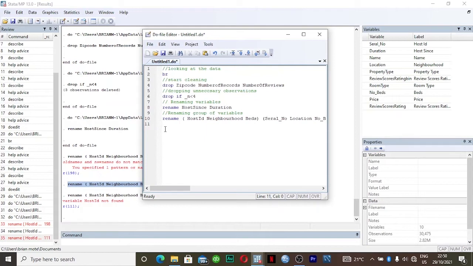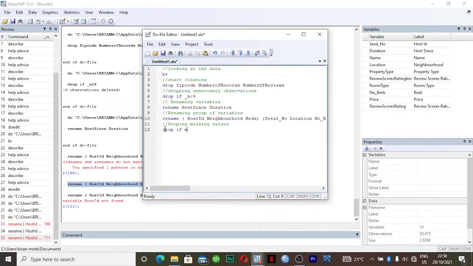Okay, so here you can call it dropping missing values or observations, your pick.